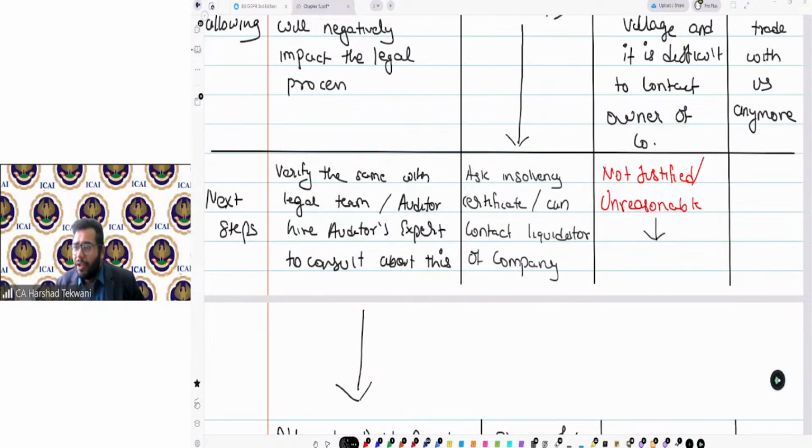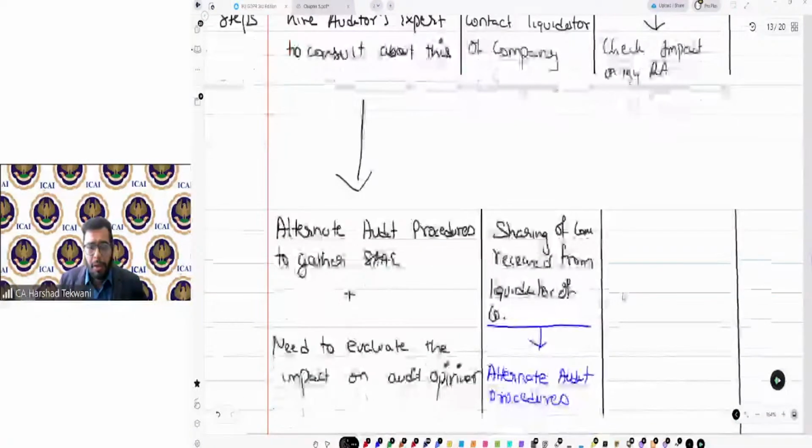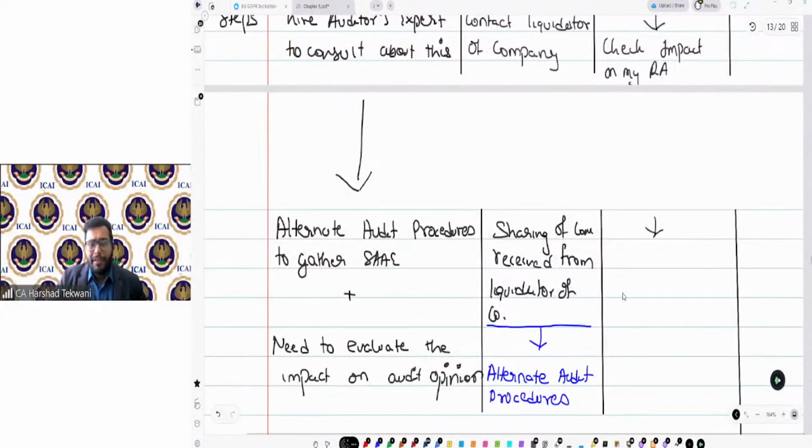If that is the scenario, then I need to evaluate the implications of management refusal on my risk assessment. So I need to check the impact on my risk assessment. Why am I talking about risk assessment?